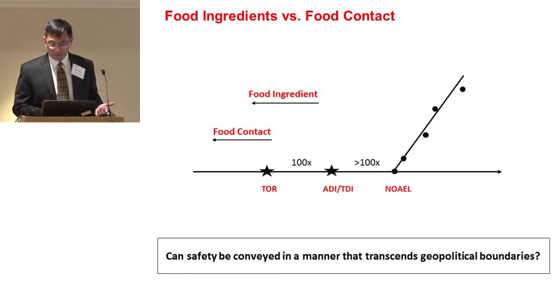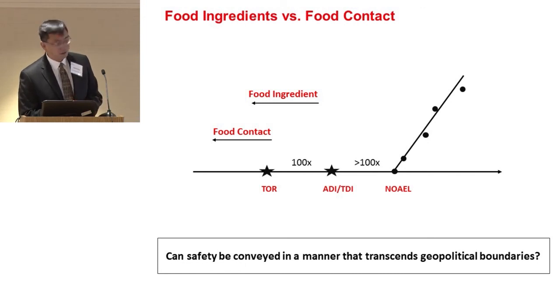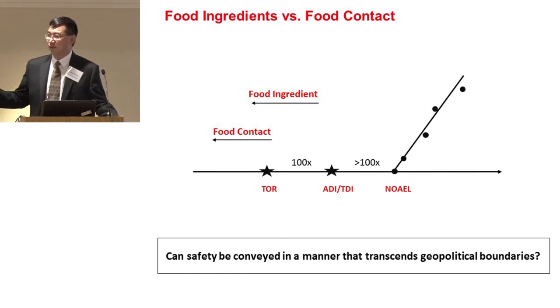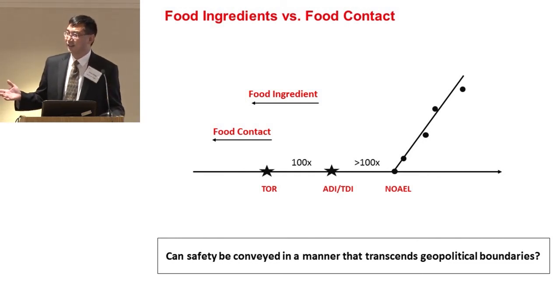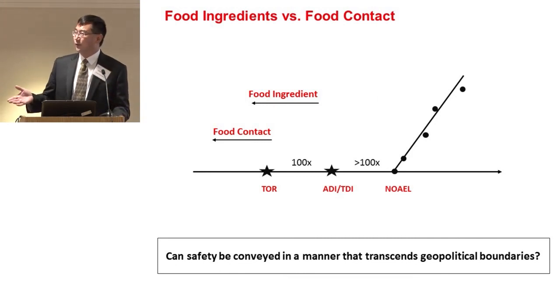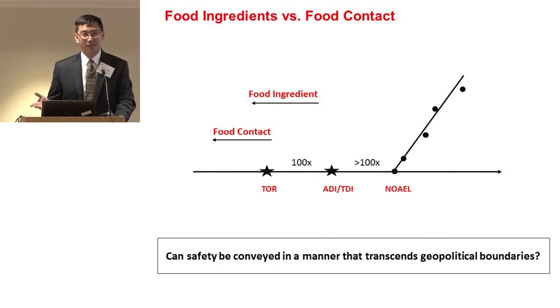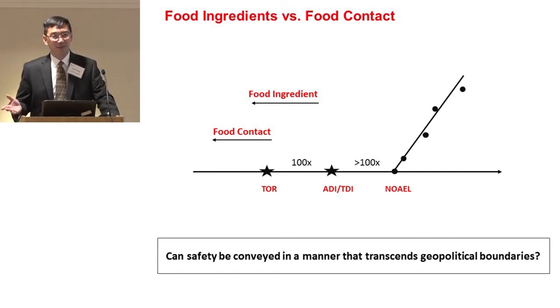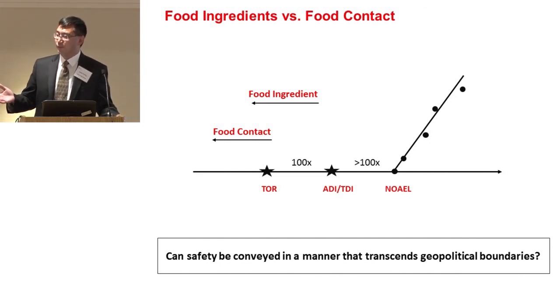So, last thing, this is my final slide. I know I'm out of time, but what I think may be helpful is this. Consider this oversimplified toxicology, and I'm not a toxicologist. If we take NOEL and we back off 100-fold or more, we get to ADI. Or in Europe, they call it TDI because it's regarded as a contaminant. Now, we know that we talk about threshold regulation. If you are 100th of ADI, you can do threshold regulation.